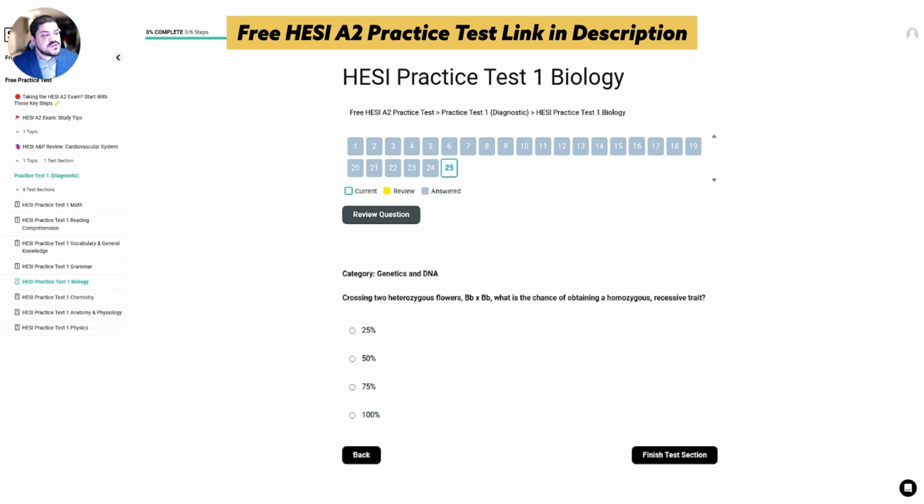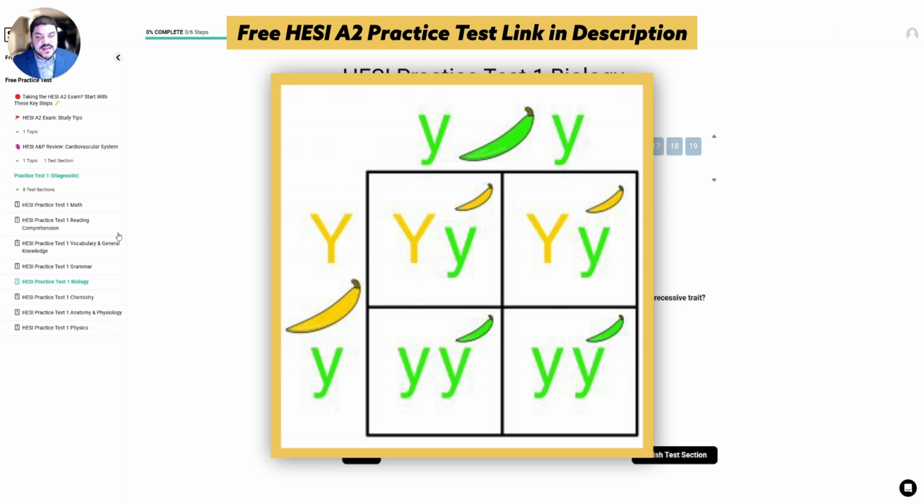Crossing two heterozygous flowers, big B, little b, crossing big B, little b, what is the chance of obtaining a homozygous recessive trait? You need to draw the Punnett square for this to correctly answer this question. So I'm going to break it down, but like I said, you should definitely draw this out. When crossing two heterozygous flowers, big B, little b, you can use a Punnett square